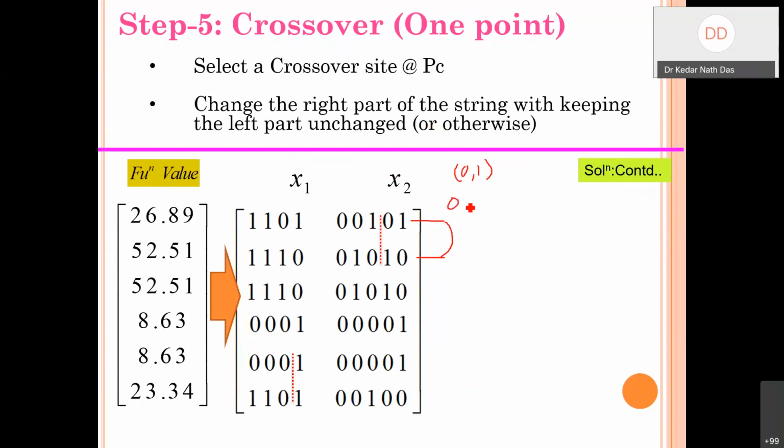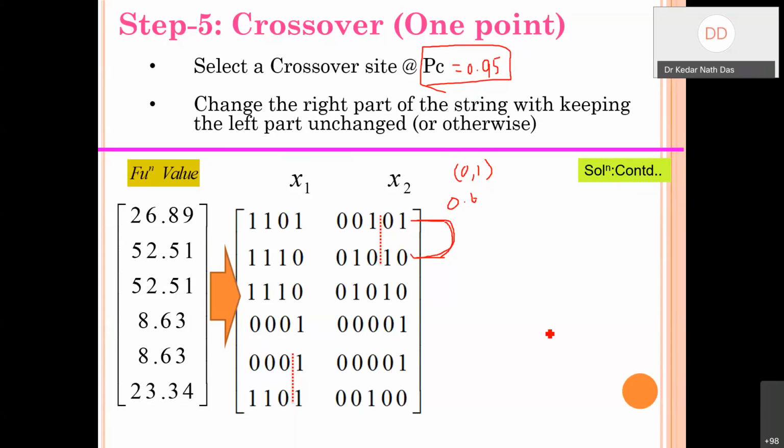Let us say that value is going to be 0.6, and the probability of crossover will always be very high, near to 1, say 0.9 or 0.95, and it should be prefixed before you start. And if I am considering one pair, the first two, I ask whether the random number generated between 0 and 1 is less than the Pc or not. If it is less than, then these two pair,